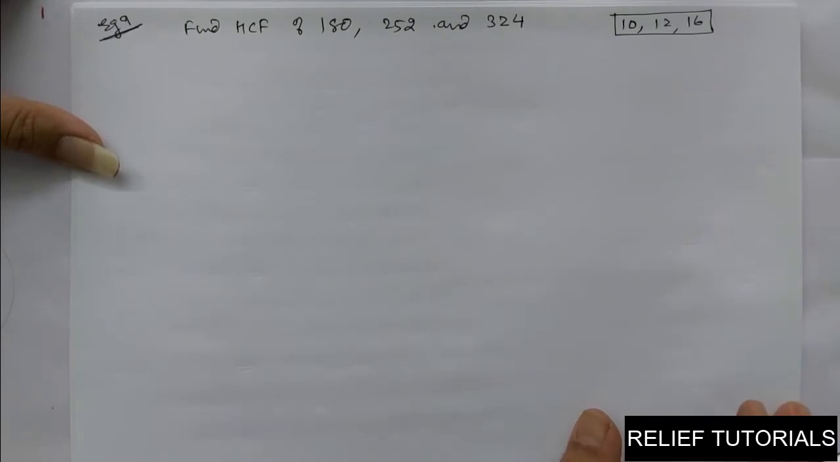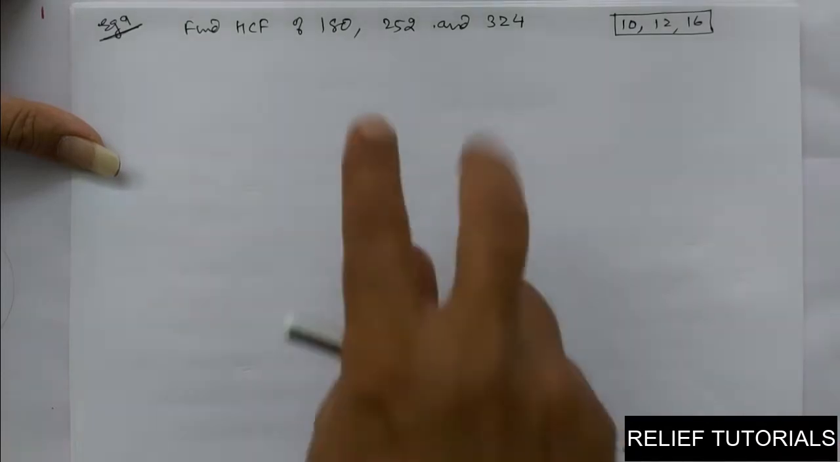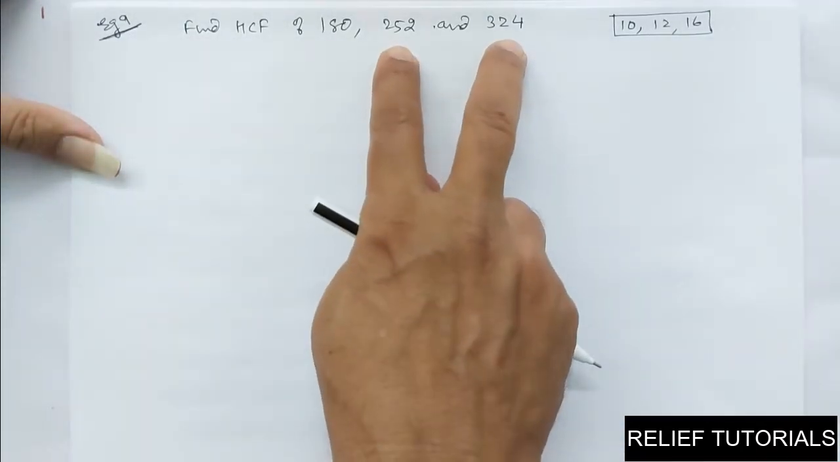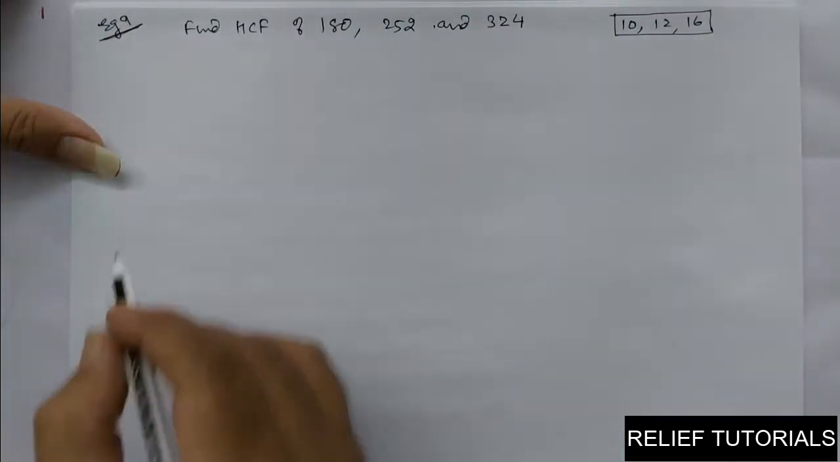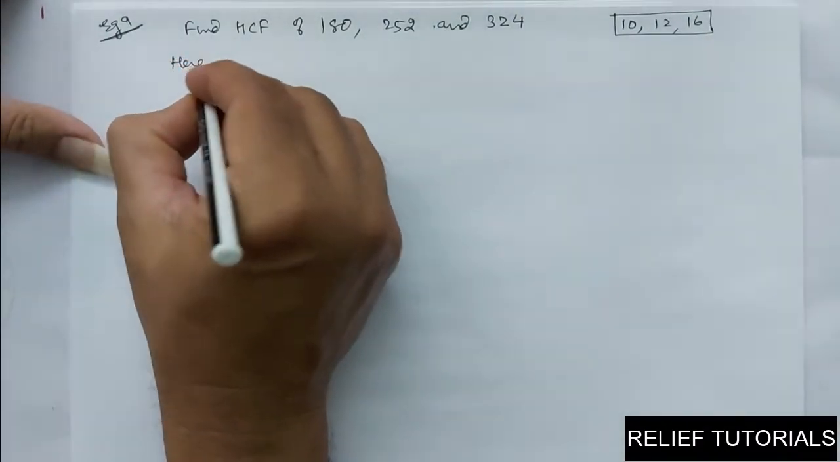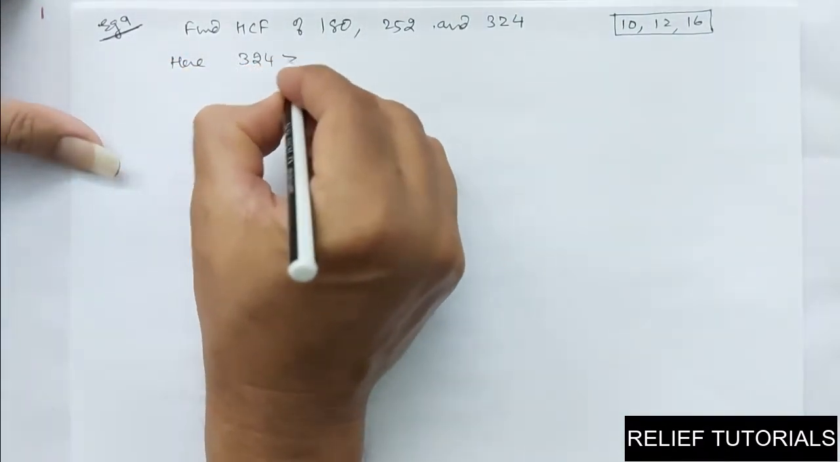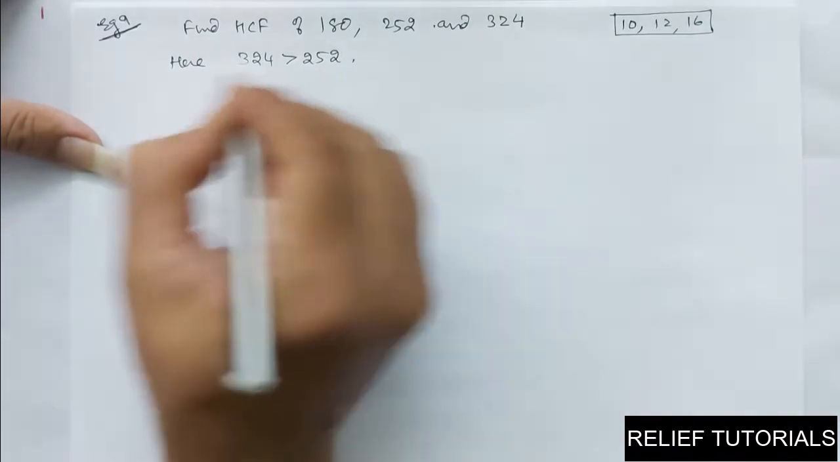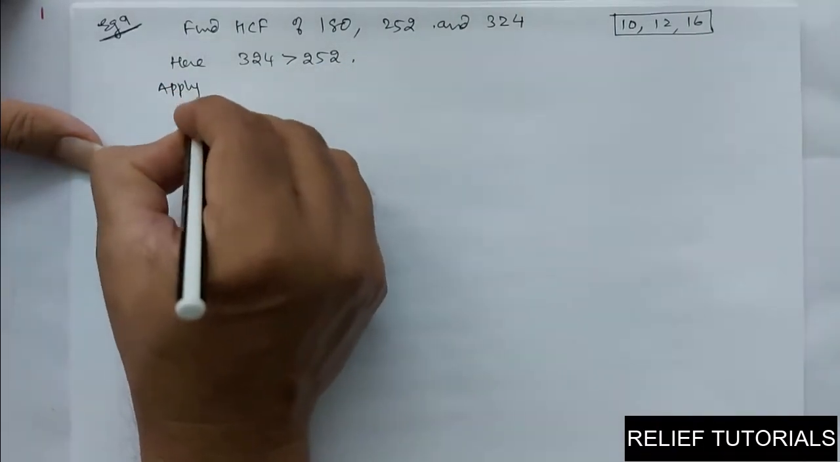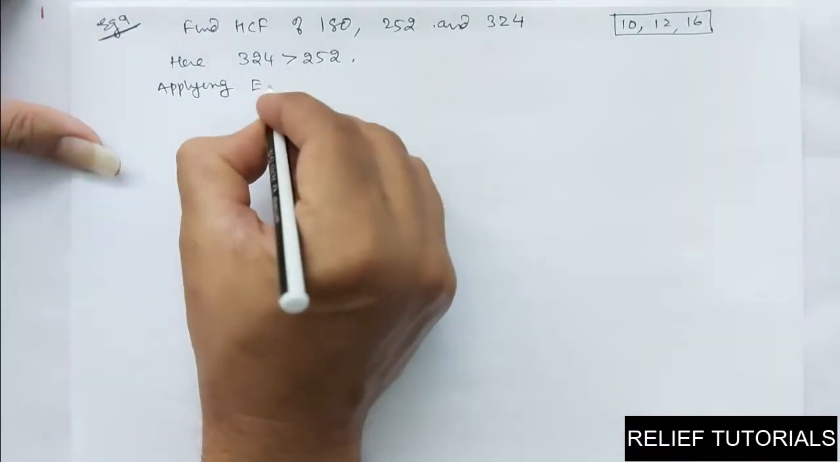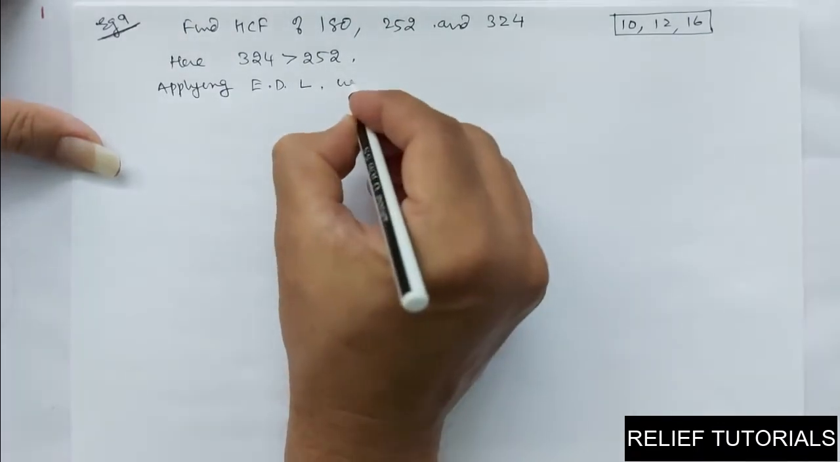So what will we do? First we will select the two largest numbers. So which are the two largest numbers? These two. Okay. So we can say here 324 is greater than 252. So applying Euclid division lemma, we get